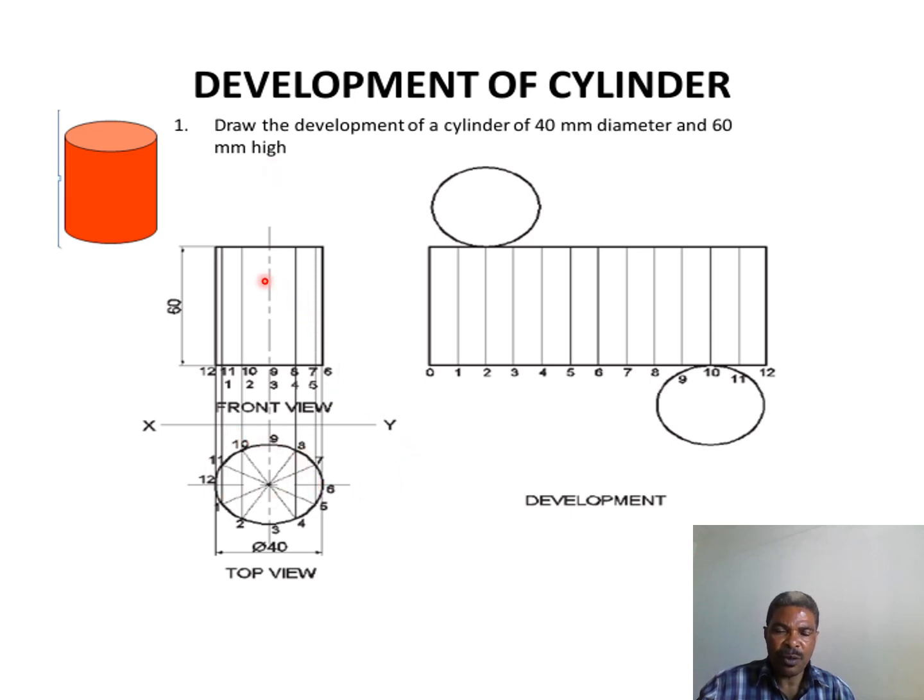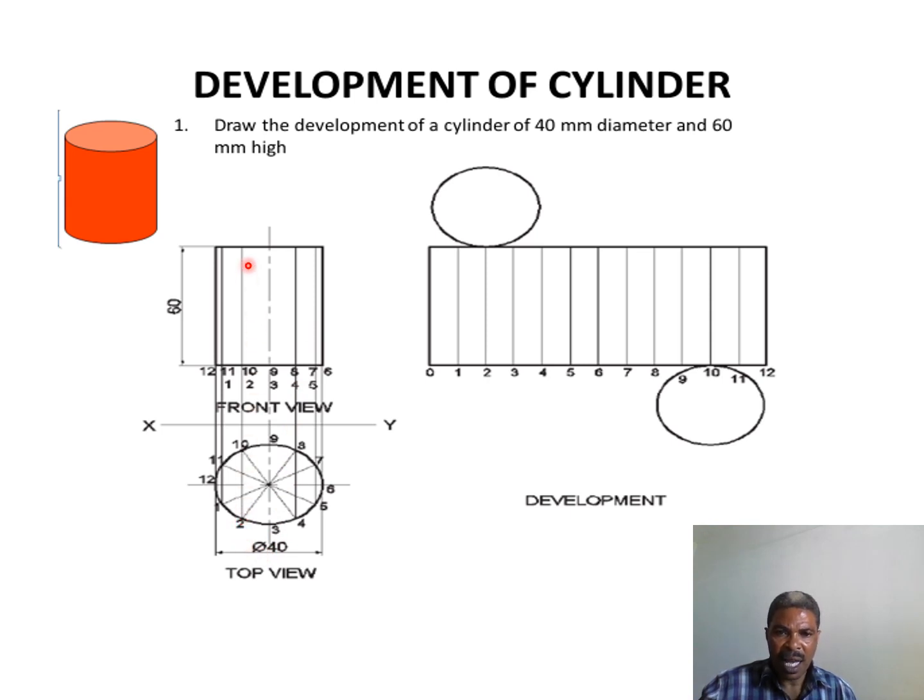You have to draw the front of the given cylinder, followed by a plan of it, and from this plan you have to divide the plan into 12 equal parts. As you can see here, these divisions are labeled 1 up to 12. From these divisions, you have to project the lines vertically from the plan to the front